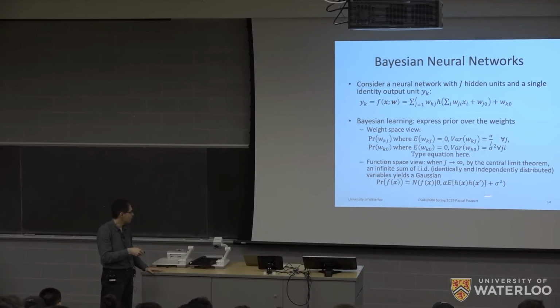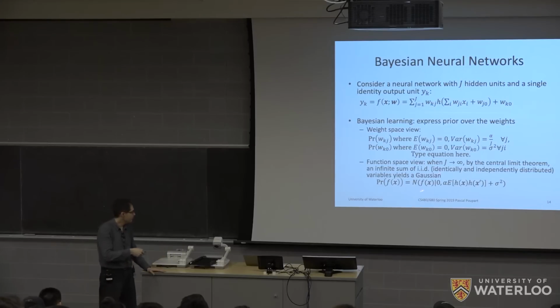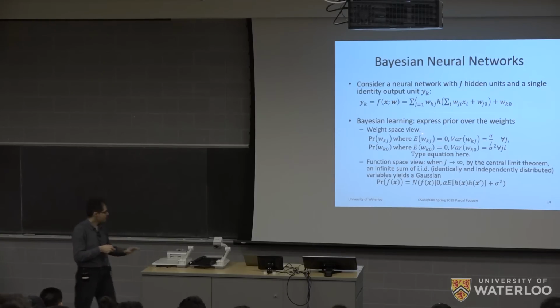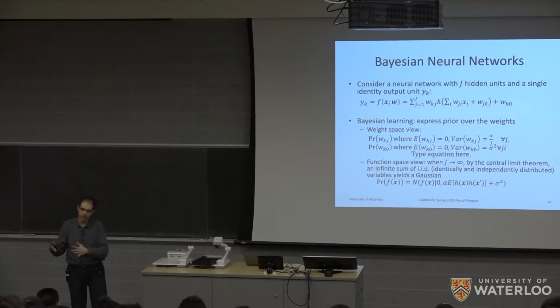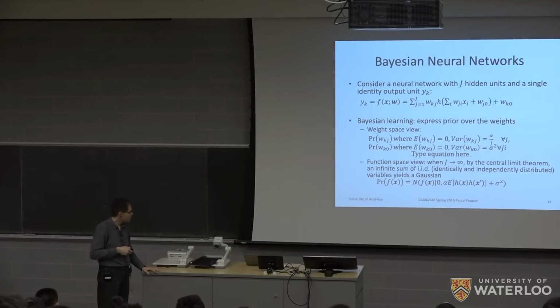And here a Gaussian process, again, is really just an infinite dimensional distribution that is Gaussian with a mean 0 and then this covariance function. Okay, so that's what I'm going to start with in the weight space view. Now, it will be useful for us to work in the function space view here. So in the function space view,